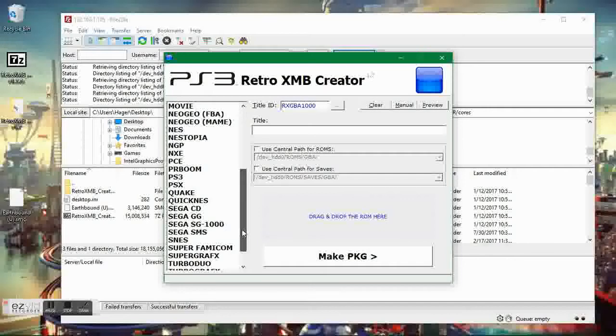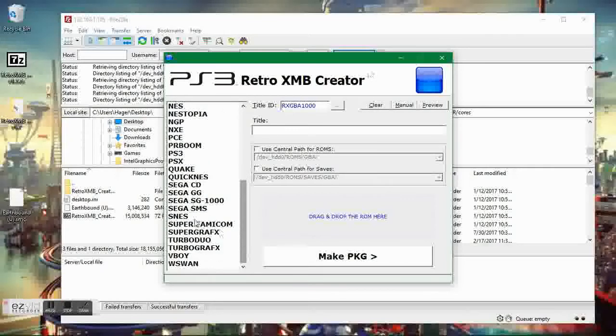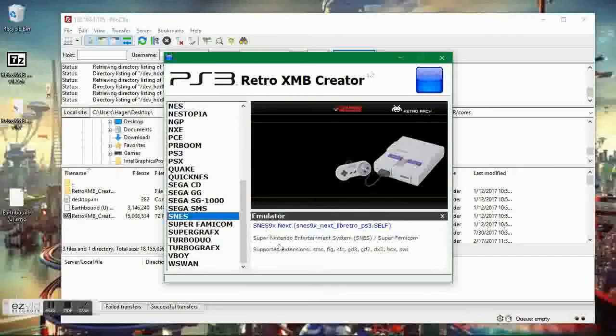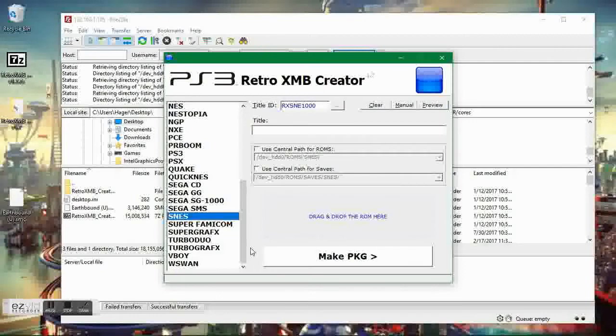So let's take a look at Super Nintendo. SNES comes up with SMC, SFC, and a few others. So we have to make sure that the game we have is that extension. Now first off here, I'm going to double click on SNES, and it'll come up with a config file in